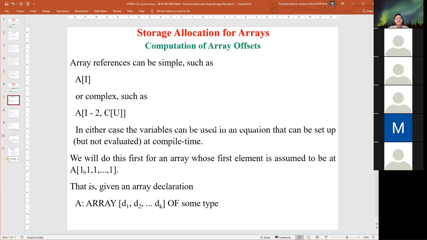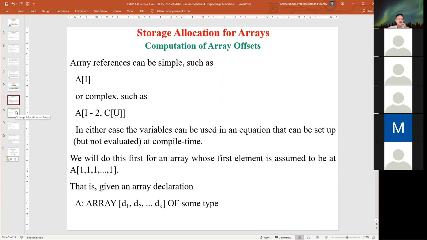Similarly, we can identify each and every data element in the array with 1, initializing it as containing some data. So an array can be treated as an array of d1, d2 to dk locations of some type.